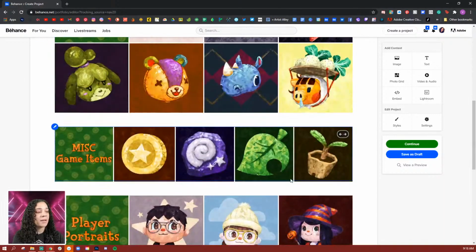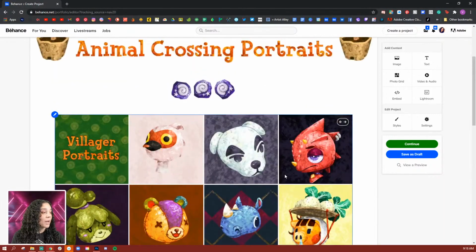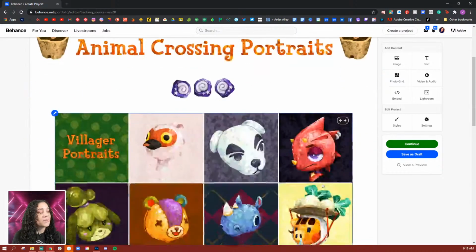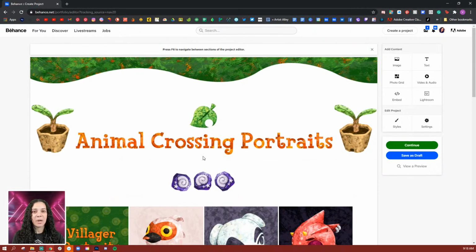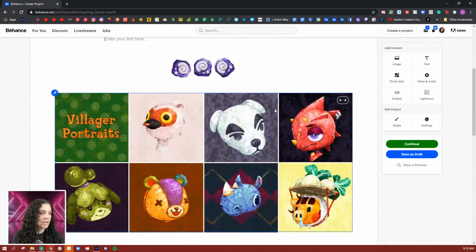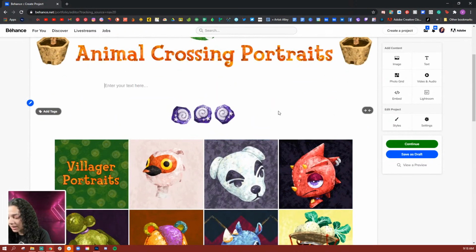Now I need to add some copy of some kind to give this more personality, because this is really fun to look at. I think it's got a lot of color, it's got a lot of energy, but what we really need is something that tells people what the project is and why I did it. So I can just add some text here, and I'm simply going to say,